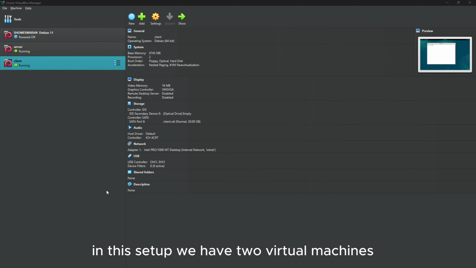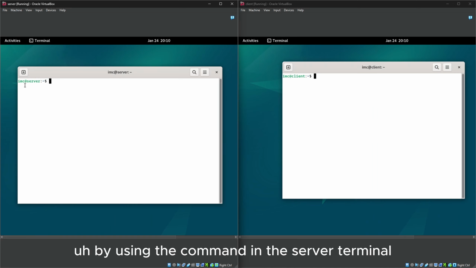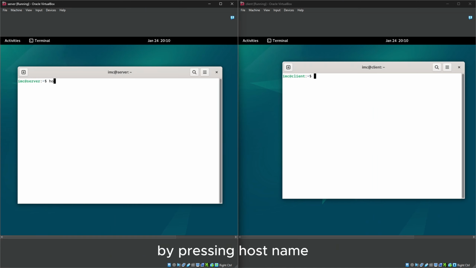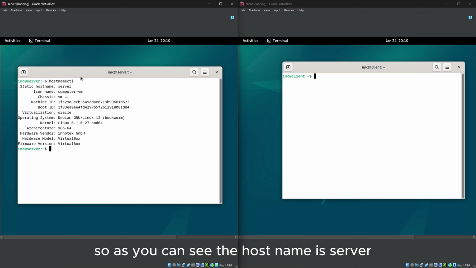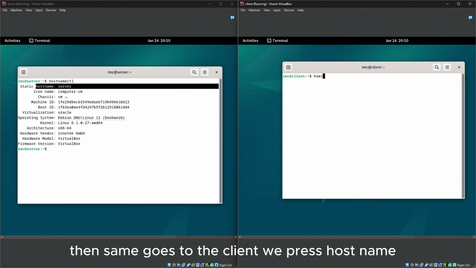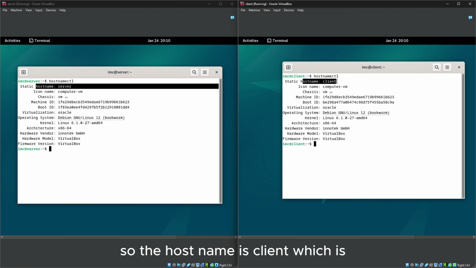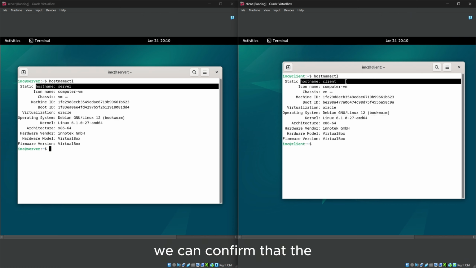In this setup, we have two virtual machines, which are server and client. The host name for the server is set to server as per the requirement. So we can verify it by using the command in the server terminal by pressing hostname, Ctrl. So as you can see, the host name is server. Then same goes to the client. We press hostname, Ctrl. So the host name is client, which we can confirm that both host names are server and